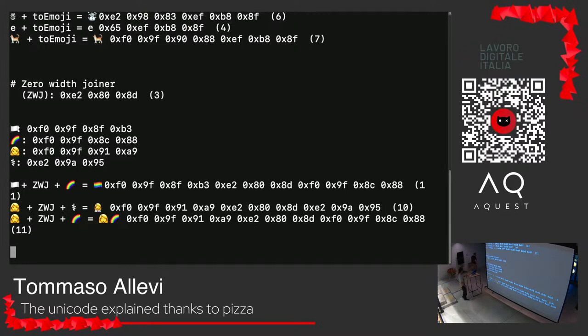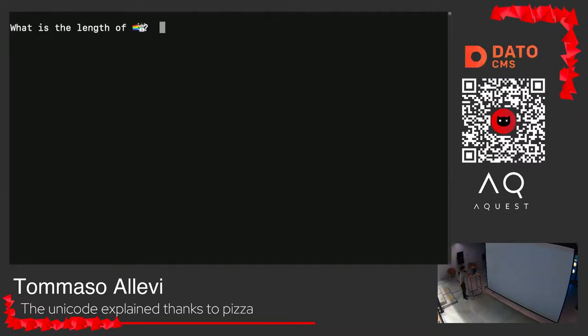So, in the end, what is the length of this? Well, we understood it is very, very complicated. It's very difficult. We know that the rainbow flag is the flag plus the zero width joiner plus the rainbow. We understand that the emoji